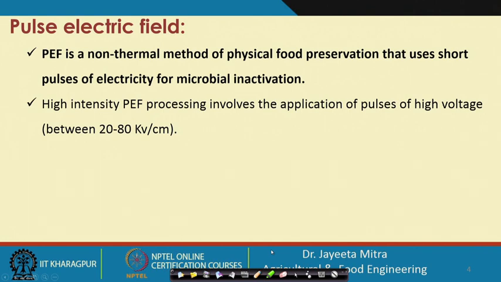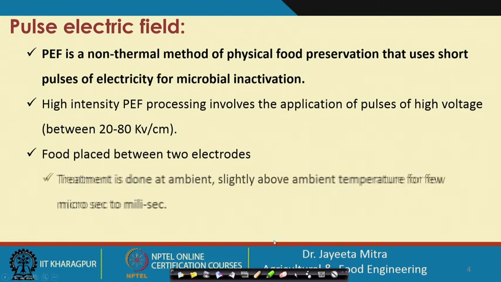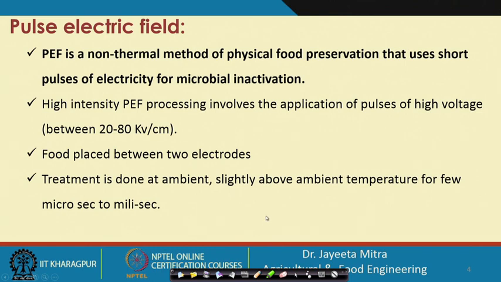High intensity pulsed electric field processing involves the application of pulses of high voltage between 20 to 80 kilovolt per centimeter, and the food is placed between two electrodes. Treatment is done at ambient or slightly above ambient temperature for a few microseconds to milliseconds. So, that means we take two electrodes across which we want to create a very high voltage